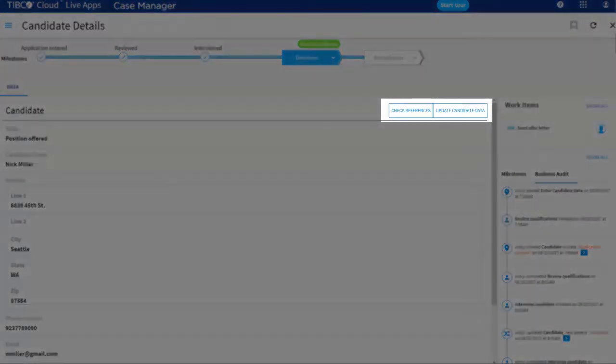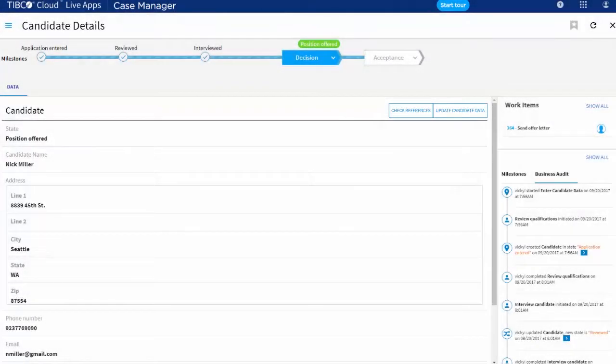Your case may have a number of case actions available that you can perform from this screen. The case actions that are available at any particular time depend on the case's current state as well as your user permissions. The name of the case action describes what the action accomplishes. Depending on the action, it might display a form on which you must enter information and might change the state